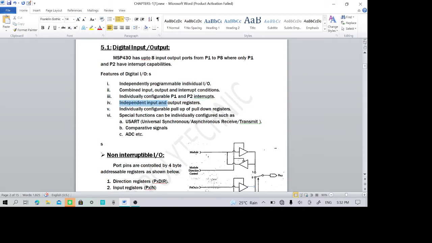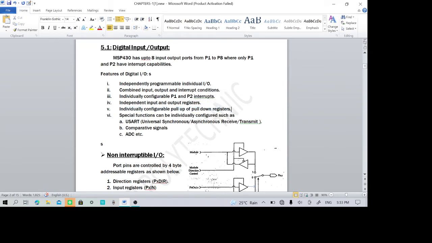Then there are registers which are separate for the input purpose and for the output purpose for each of the port line. And each port line will have pull up or pull down resistors. It is given as registers here, which is wrong. It should be resistor.